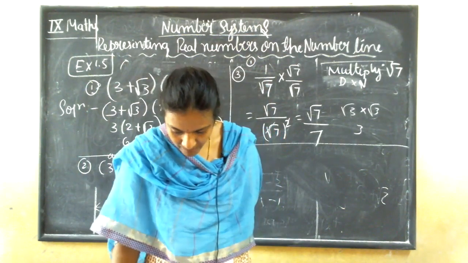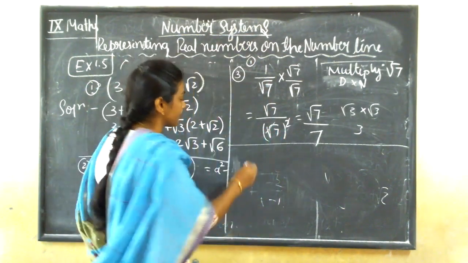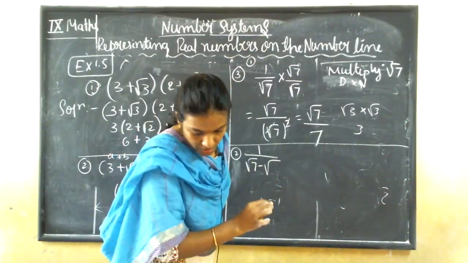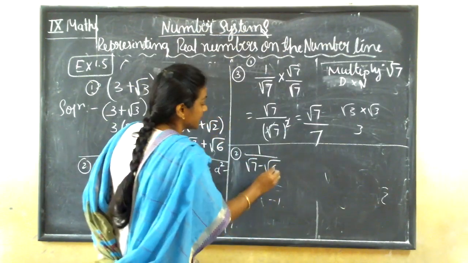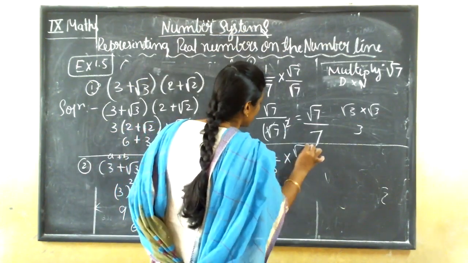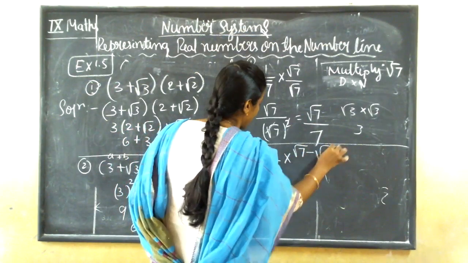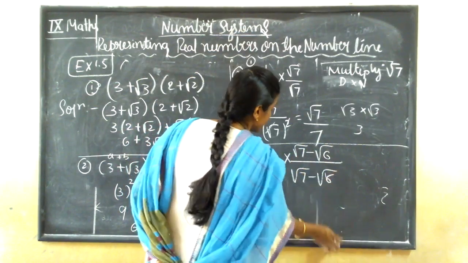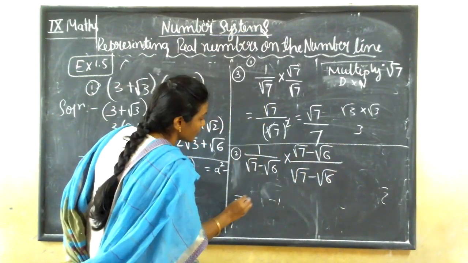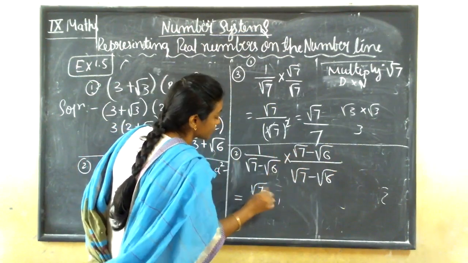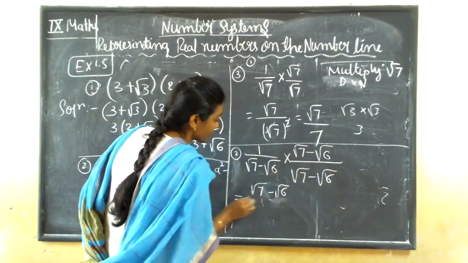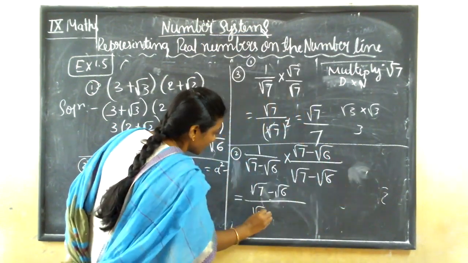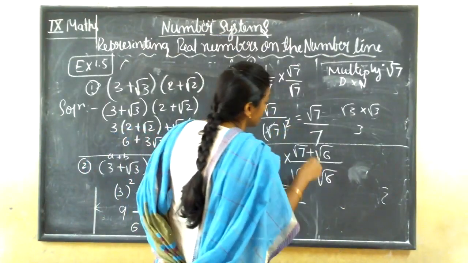Let me do one more here. That is 1 by root 7 minus, second one is 1 by root 7 minus root, what is that? Root 6. Here same also guys. Again you are going to multiply and divide the denominator with the values of root 7, root 6 so that you can rationalize them. So what we get in the numerator here, obviously if you multiply these two, you will get a root 7 minus root 6 itself. Okay, so what will get here? Root 7, let me write here only. Root, and one more thing guys, you need to take a opposite sign.